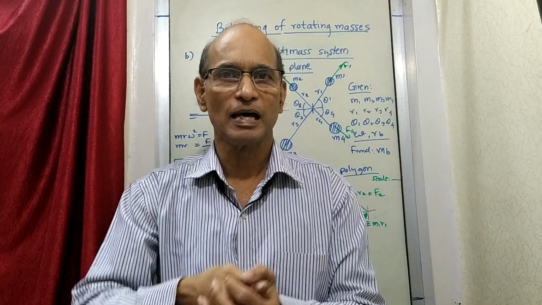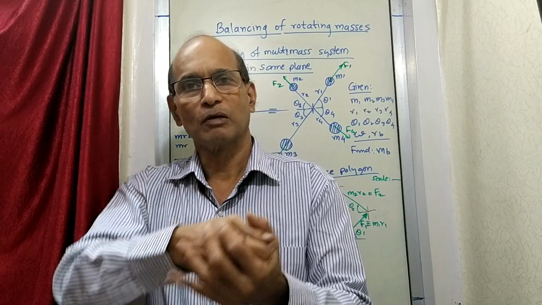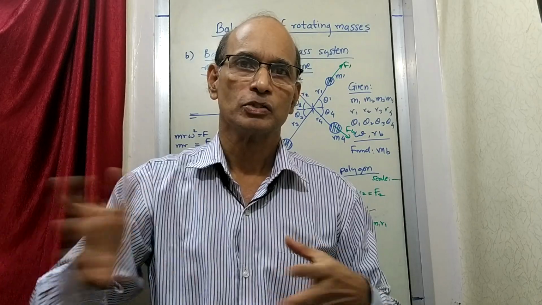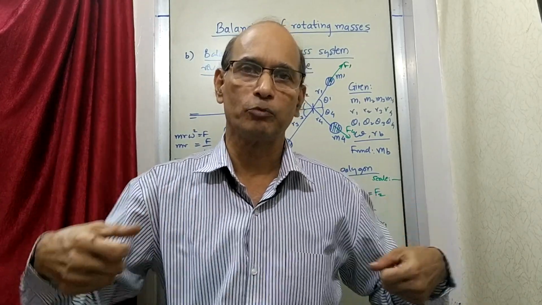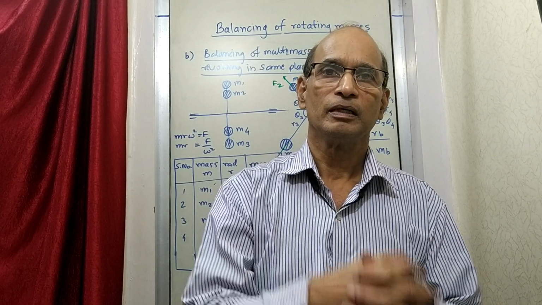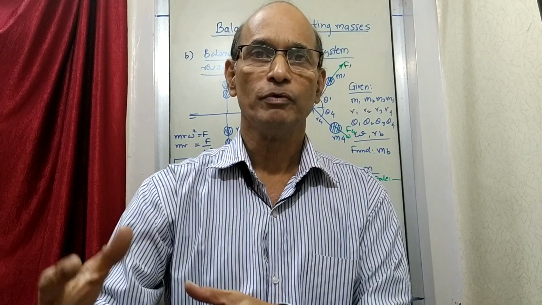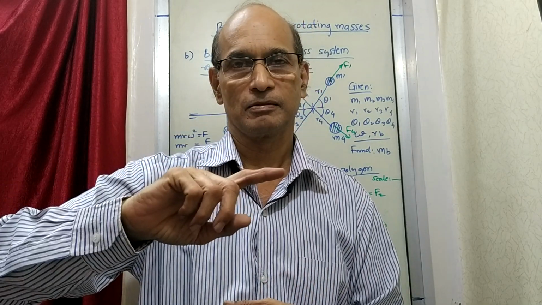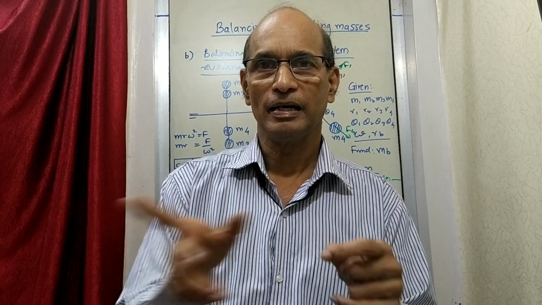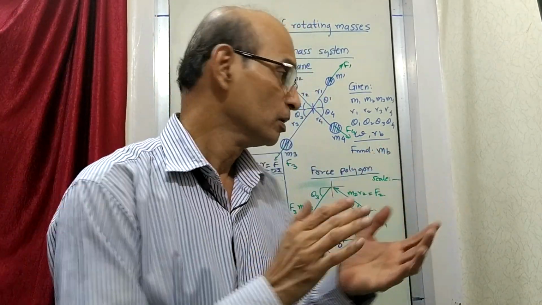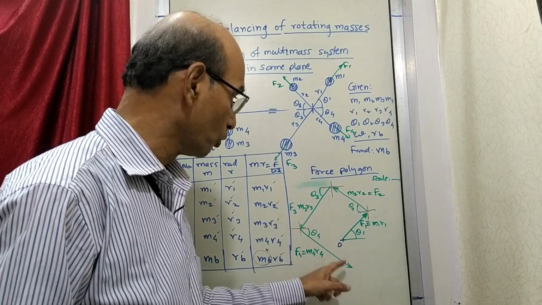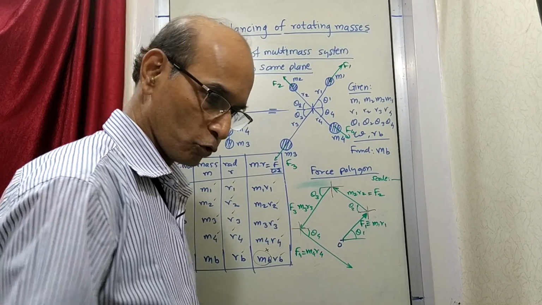All these 4 persons are asked to pull the table. Each person will pull the table by his own force, which is not the same for all. So every person will have a different force. F1, F2, F3, F4 are applied on the table. Now what will happen to the table? The table will move in the direction of the resultant of all the forces. Whichever is the resultant, that will be the net force, and in that direction the table will move. Simple. So here also, these are the forces acting. The resultant force is this.